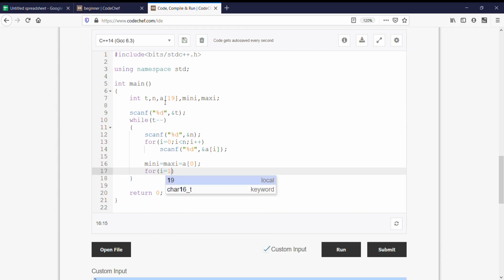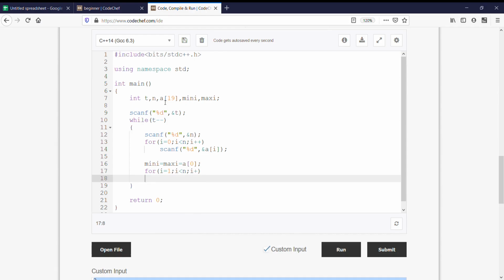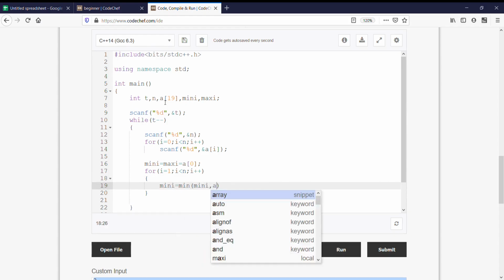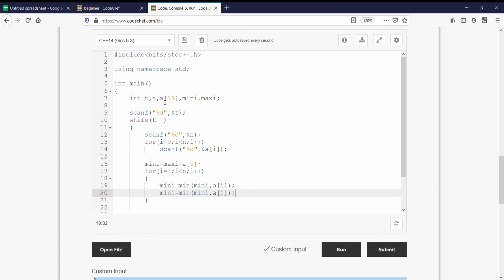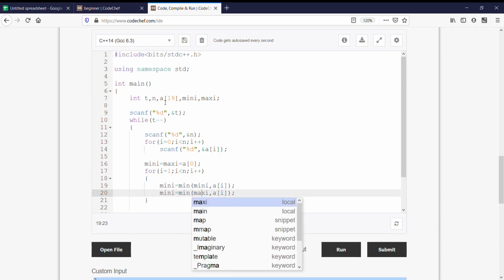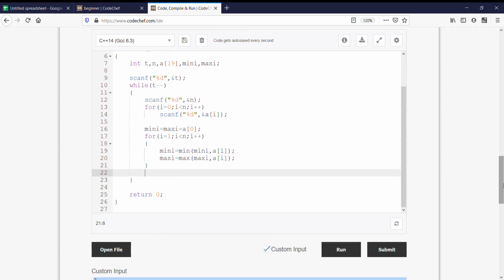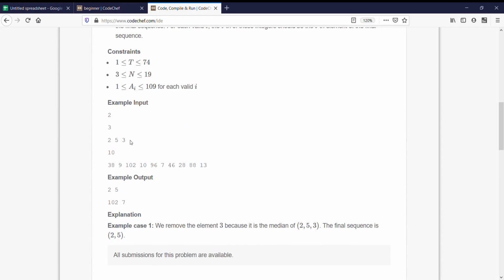So for i equal to 1 till i less than n, we will be updating mini and maxi, which would be scanf, not scanf, sorry, it would be mini equal to minimum of mini comma a of i. Similarly for maxi we would have maxi equal to max of maxi comma a of i. So here we would get the minimum and the maximum number, smallest and biggest number, but we don't know